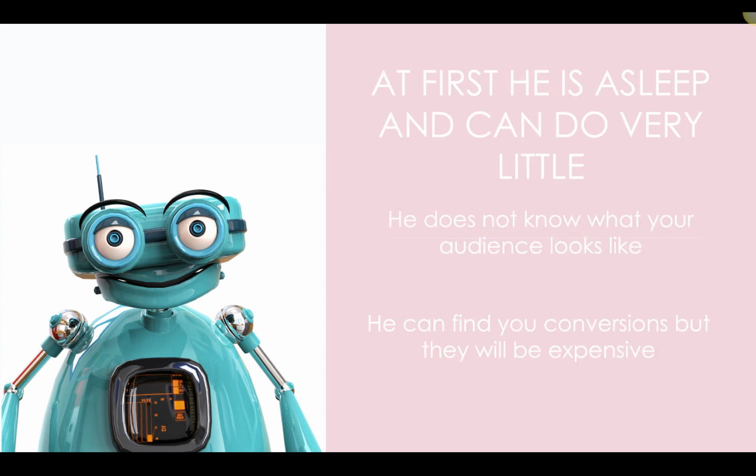Now, at first, when you start a new business or you start a new ad account and you start a new page, your algorithm can do very little things. He's asleep and he's rusty and he can only do very basic moves. My daughter is doing programming at school and they are literally learning to program a turtle to walk in a square. So at this point, she's 8 years old. She can program her computer to walk in a square. When you start out, all your artificial intelligence robot can do is walk in a square. That's all it can do.